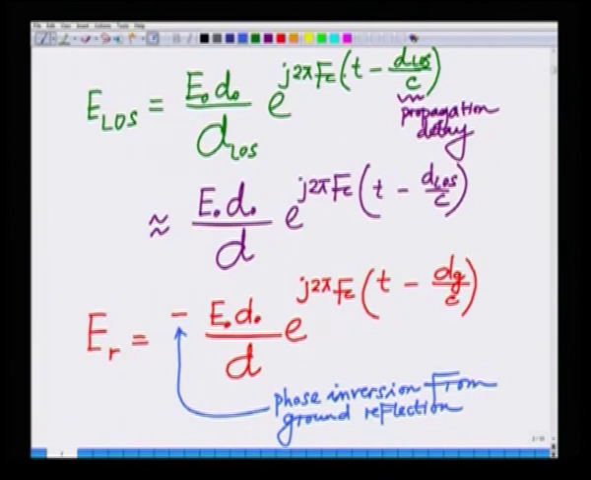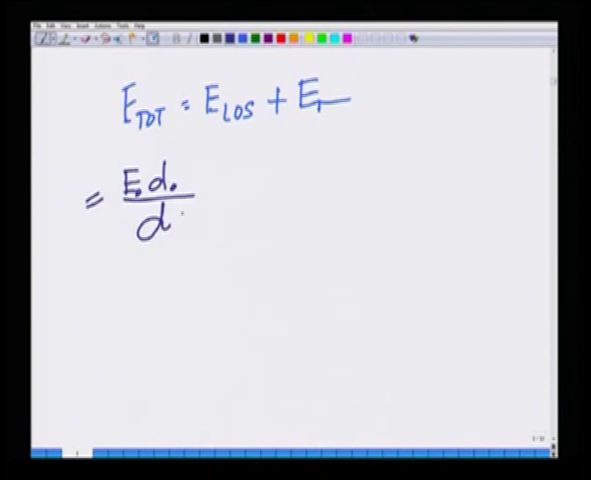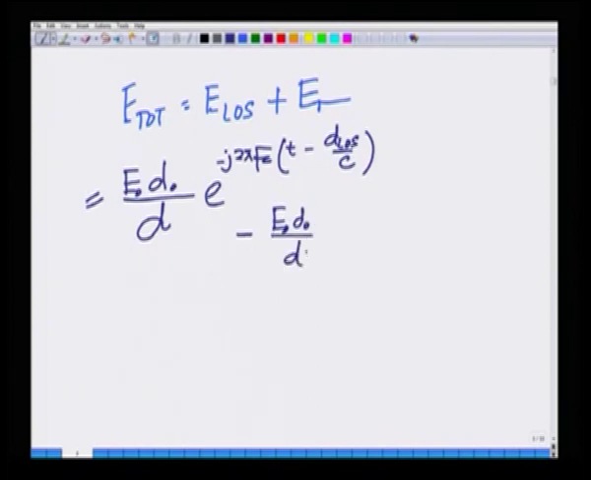Now, the received signal is nothing but the sum of these two signals, that is ELOS and ER, and hence the total, as we had said before, is nothing but ELOS plus ER, which is essentially E naught D naught by D e to the power of minus j 2 pi f c t minus d LOS by C minus E naught D naught by D e to the power of minus j 2 pi f c t minus dg by C. That is, remember, this first term is E LOS, second term is E r, and the minus arises because of the phase inversion at the ground reflection, and this is nothing but